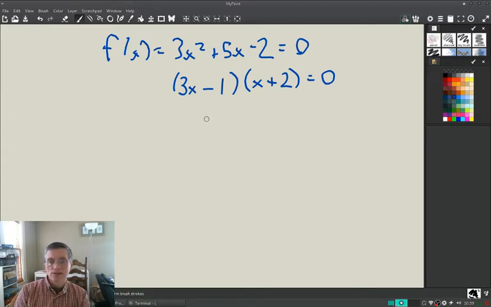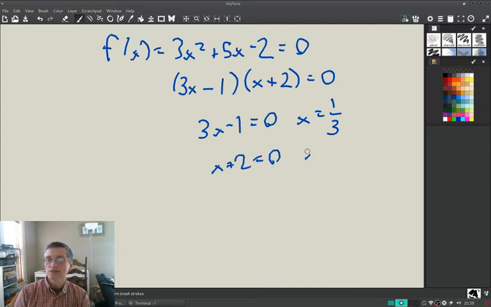Okay? So what this tells us is we have 2 factors and they multiply out to 0. If 2 numbers multiply out to 0, that means one of the 2 numbers must be 0. That means that either this side equals 0, 3x minus 1 equals 0, which means x equals 1/3, or x plus 2 equals 0, which means that x equals -2. And these are our two